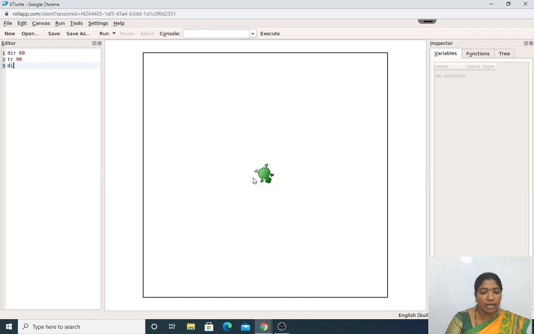After that, if I write DIR 90 again and run it, it takes the direction from the starting position and changes from turn right to the direction command. By using the direction command, again we can change the turtle to the right position in the clockwise direction.